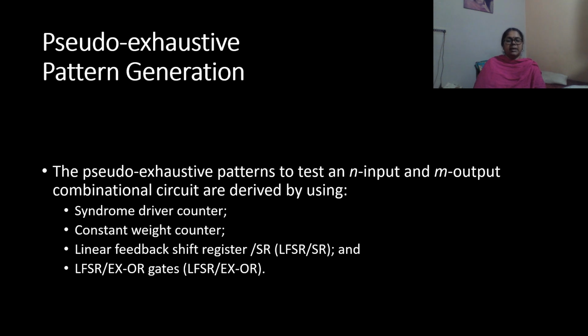Then the circuit can be exhaustively tested with 2 to the power of P patterns. The constant weight counter method uses an X out of Y code for exhaustively testing an M input circuit, where X is the maximum number of input variables on which any output of the circuit under test depends. The value of Y is chosen such that all 2 to the power of X input combinations are available from any M columns of the code words.